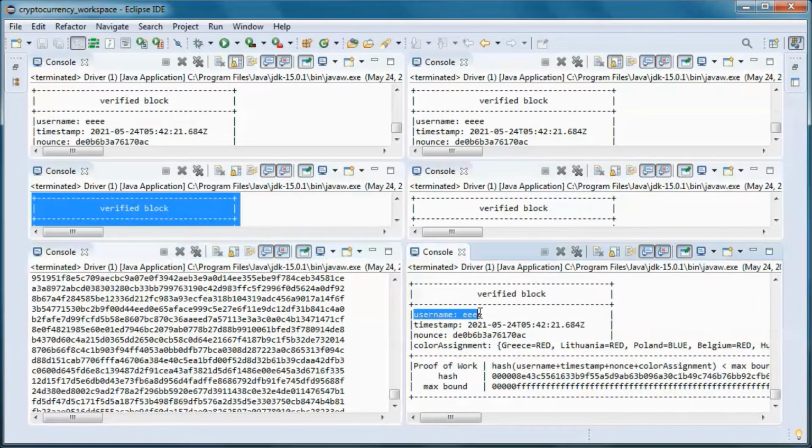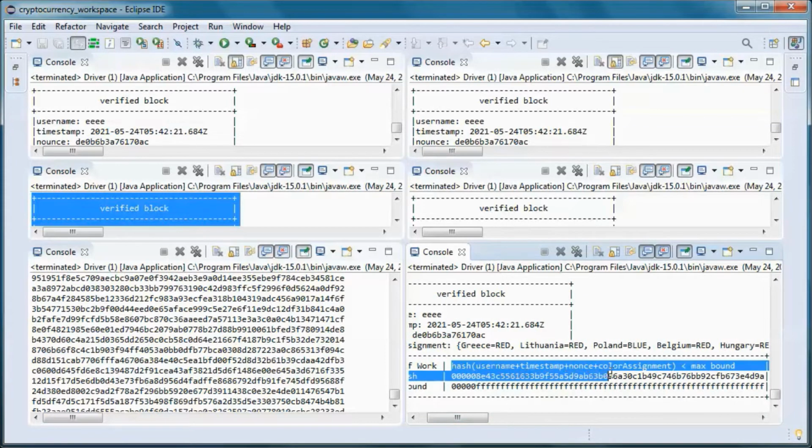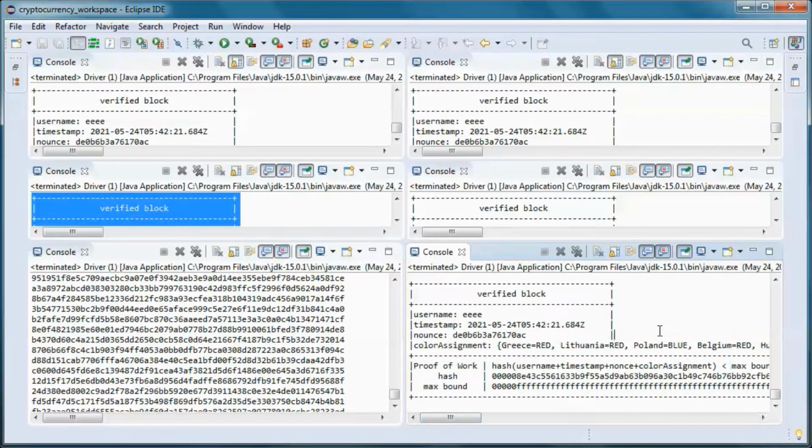So we send the username and the timestamp and the nonce and the color assignment to those other peers, and what they do is they calculate the hash and make sure that it is smaller than the max bound.